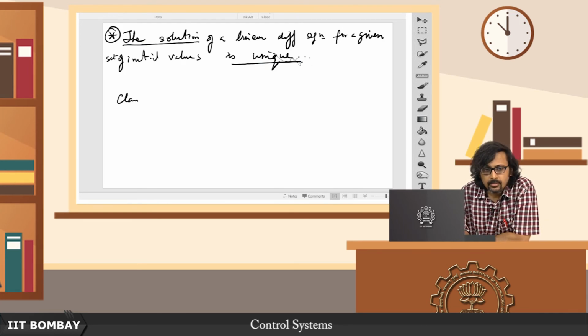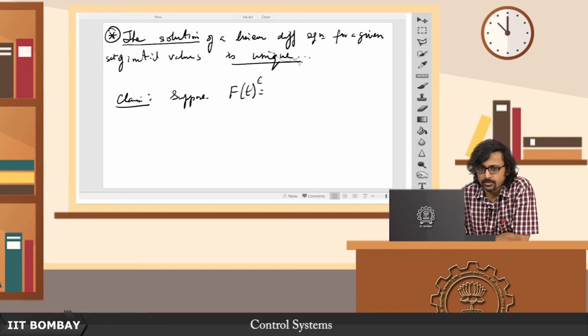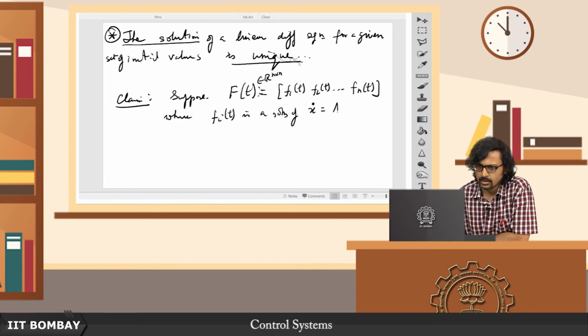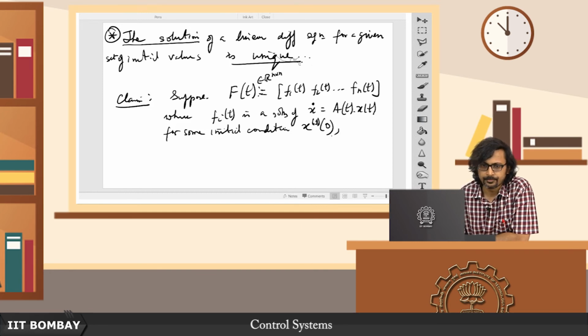Now claim, suppose F(t), this is a matrix, remember, n cross n, defined by F1(t), F2(t), ..., Fn(t), where Fi(t) is a solution of x dot = A(t)x(t) for some initial condition x^i(0). So suppose this is true,